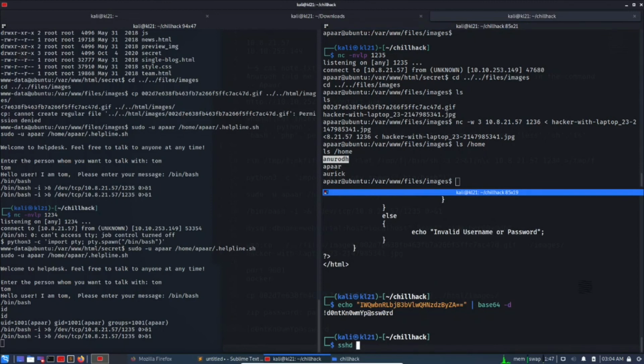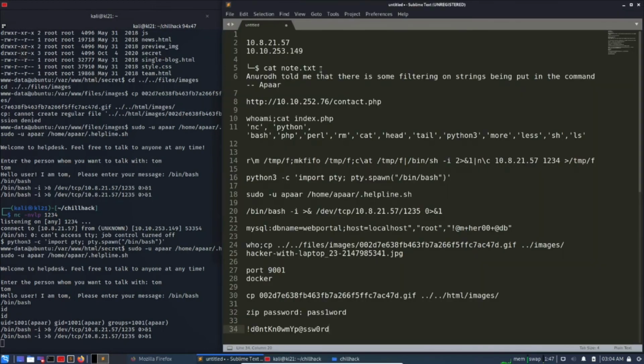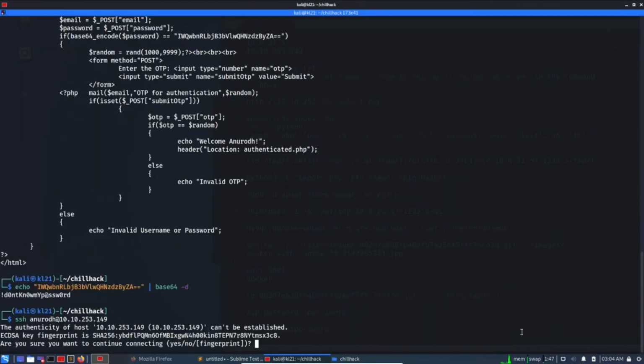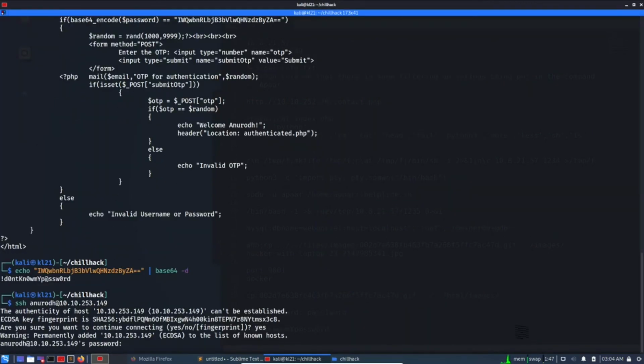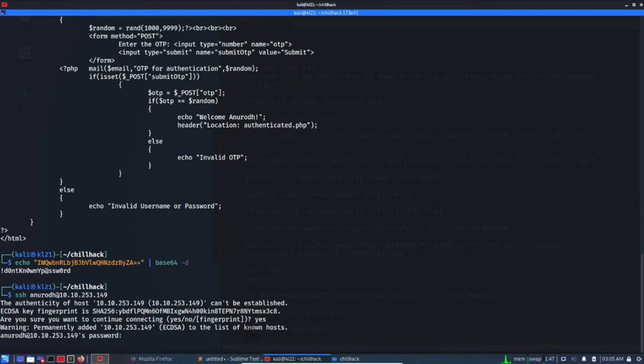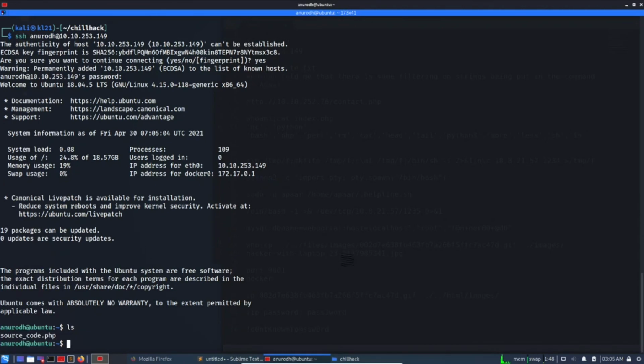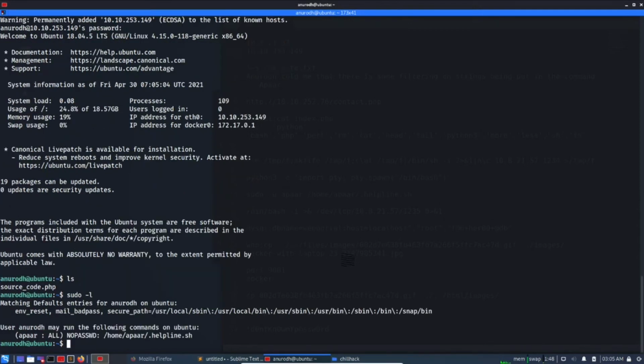So let's check the SSH, Anuruddh at the rate, new IP is this one, and yes, I don't know my password is the password, and we got the SSH. Great. ls, source code.php. So we are already inside Anuruddh, sudo slash l,